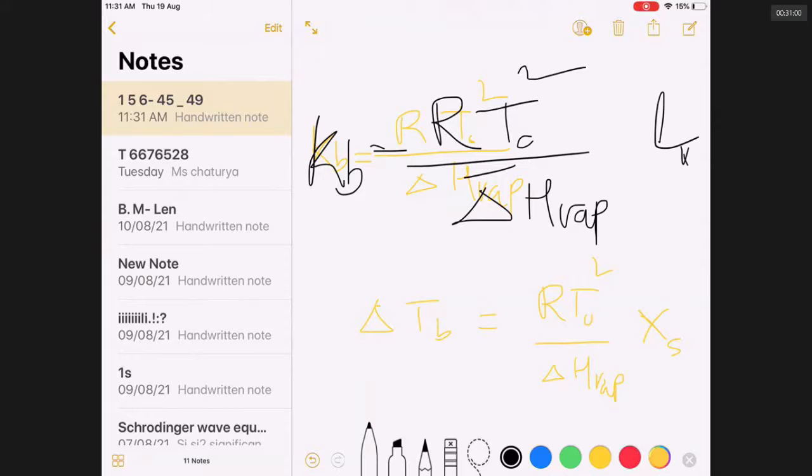Sir, is delta H positive or negative? Think it over. Is it heat energy absorbed, or is it heat energy released? Absorbed, sir. Anything absorbed, anything going in, is taken as positive in chemistry. Okay. Can ionization energy be negative or positive? Negative, sir. No, ionization energy means energy consumed by an atom to release the electron.